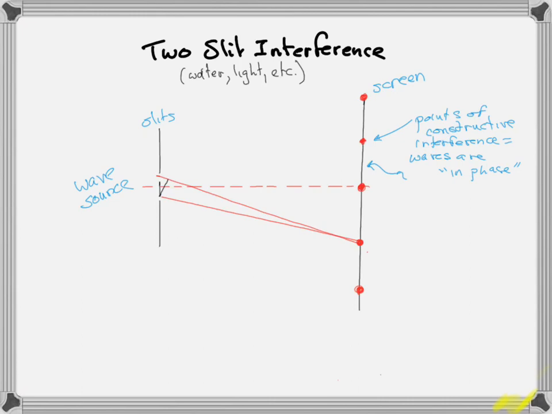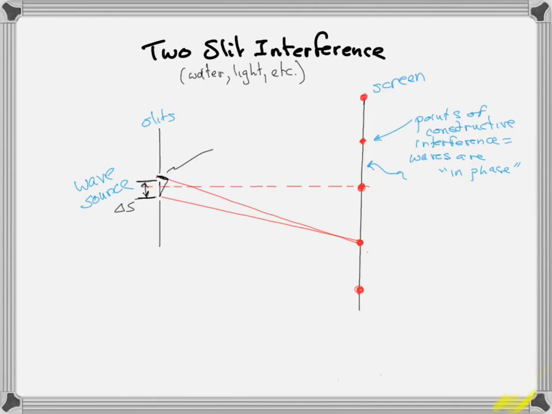And so what I've done is I've dropped a perpendicular from one line to the other, to show the extra distance traveled. The extra distance traveled is that little piece right there. That's the extra distance traveled. And we can show, I didn't draw this picture quite big enough, but we can still show that if the distance between slits is delta S,